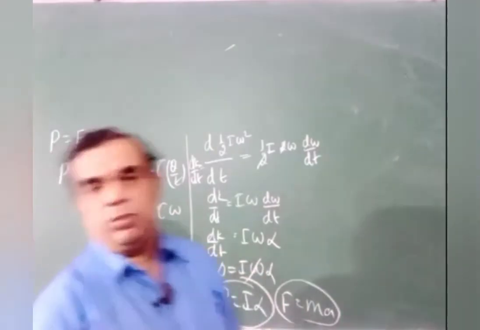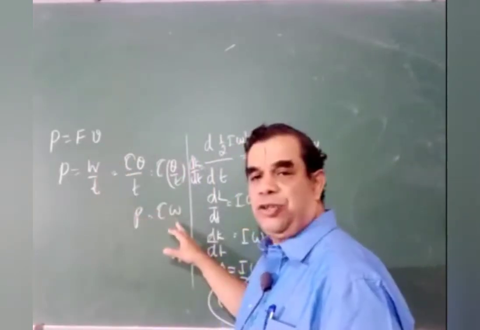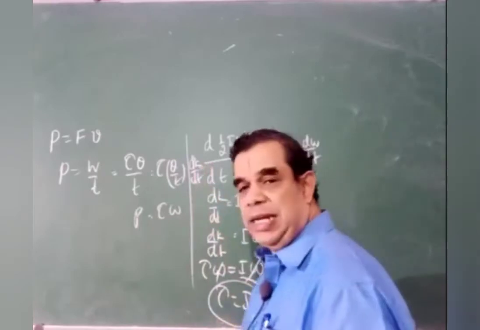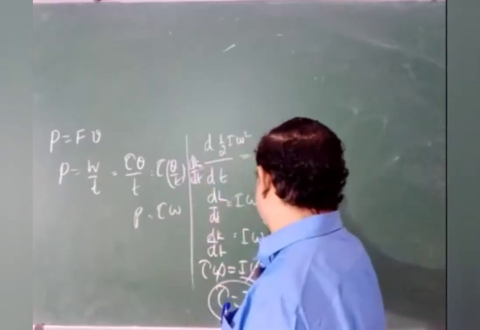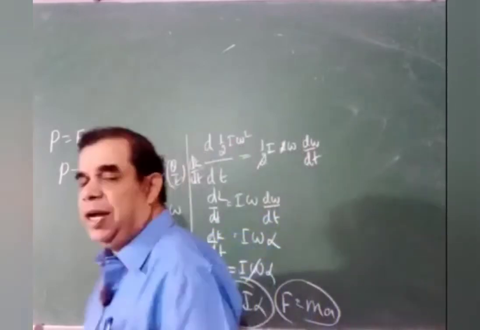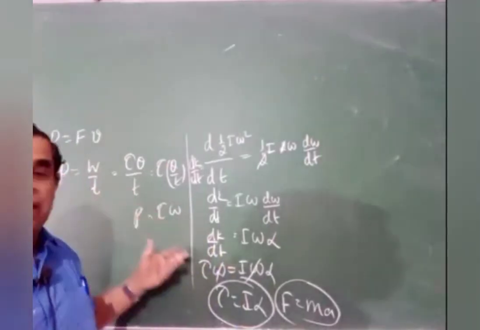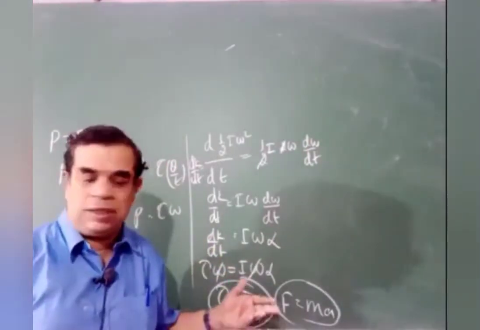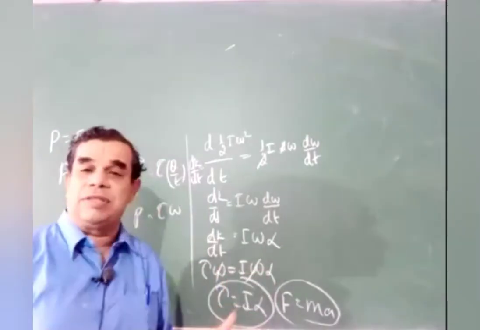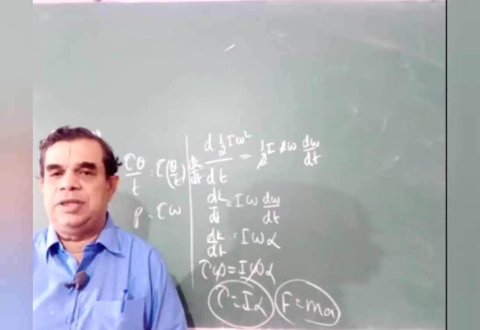So if we are asked to show tau equals I alpha by taking power considerations, you are supposed to do this. You take power in the rotational motion, P equals tau omega, then take the rate of change of kinetic energy and differentiate it; you will get dK by dt as I omega alpha. But dK by dt we can substitute as work done, which is also the rate of doing work. Therefore tau omega equals I omega alpha, equated, tau equals I alpha. You may be asked to prove this. Just write down the question.